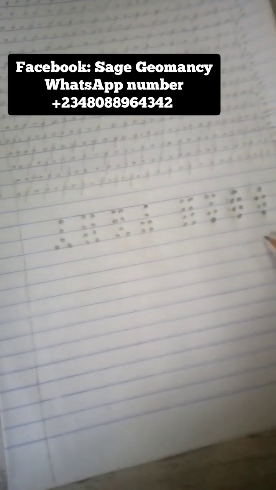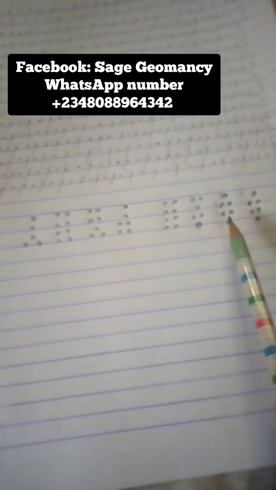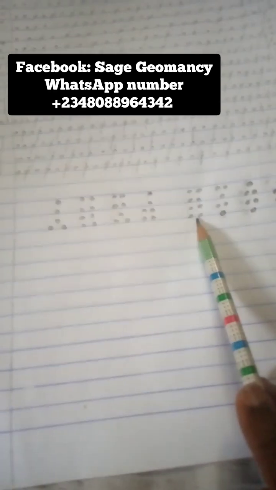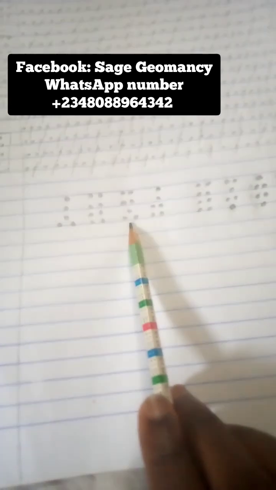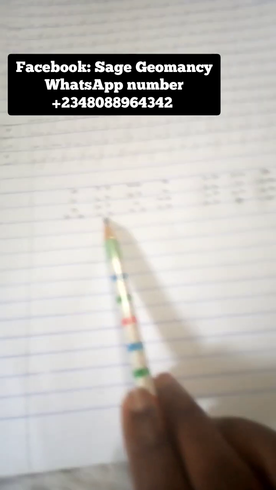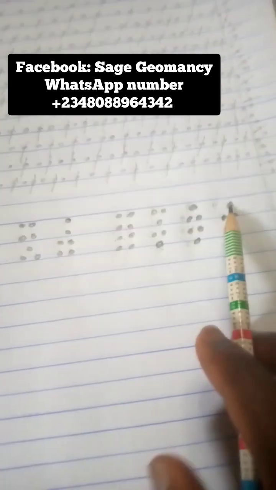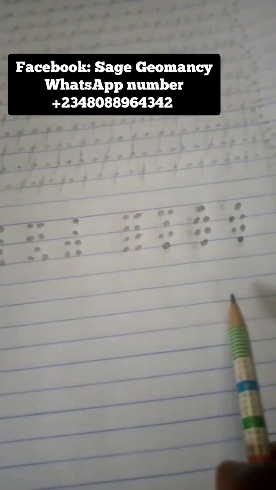So this is the eighth figure. We need the ninth figure. Then we come down here. To generate the ninth figure, this and this will be added together. This and this will be added together to generate the 10th figure. This and this will be added together to generate the 11th figure. This and this will be added together to generate the 12th figure. So that is how we generate them. We transpose here, while here we add them together. The principle of adding is that when you have the same figure together, it will give you